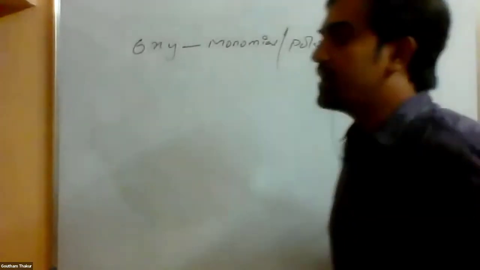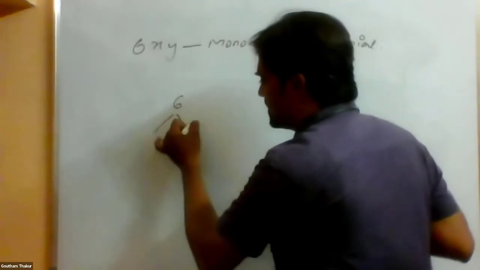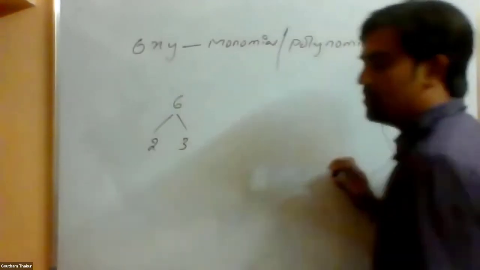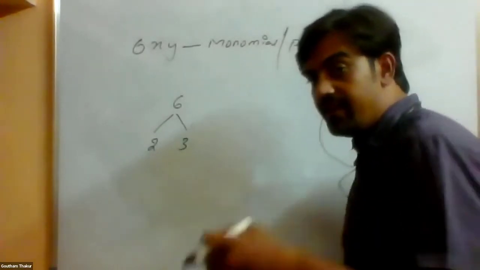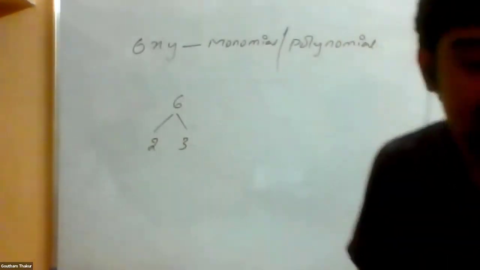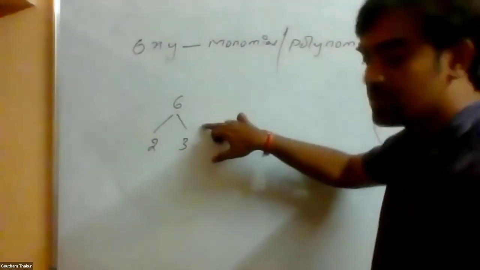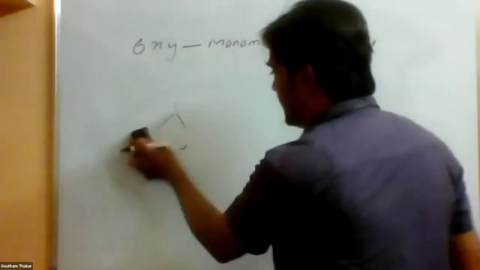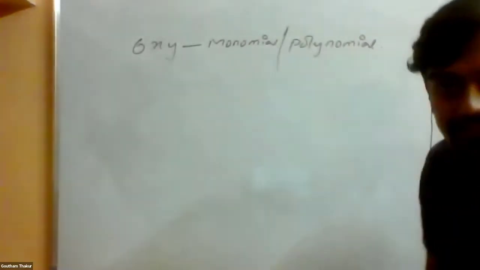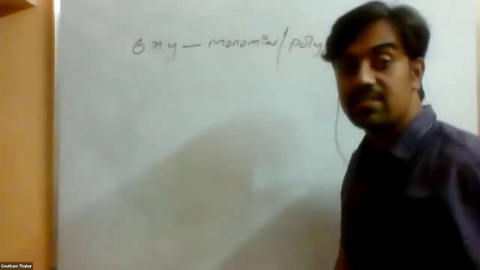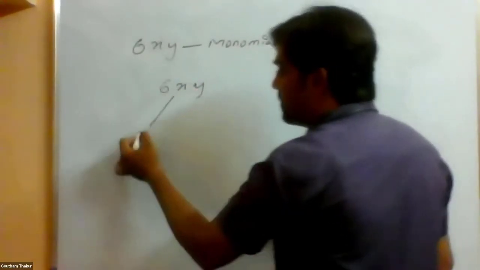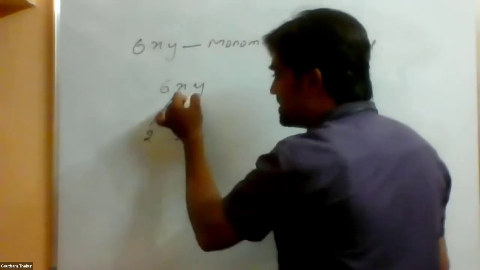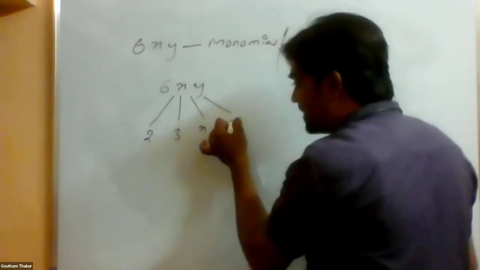Okay, now see, when we are calculating the factors of a number, let's take 6. Immediately you would say, sir, 2 and 3. 2 and 3 are the factors of 6. In the same way, beta, we will be calculating the factors for the polynomial. The only difference in calculating the factors of numbers and a polynomial is that we will be calculating the factors for x and y as well. Now when you say 6xy, individually I would say 2 is a factor, 3 is a factor, x is one of the factors and y is one of the factors.